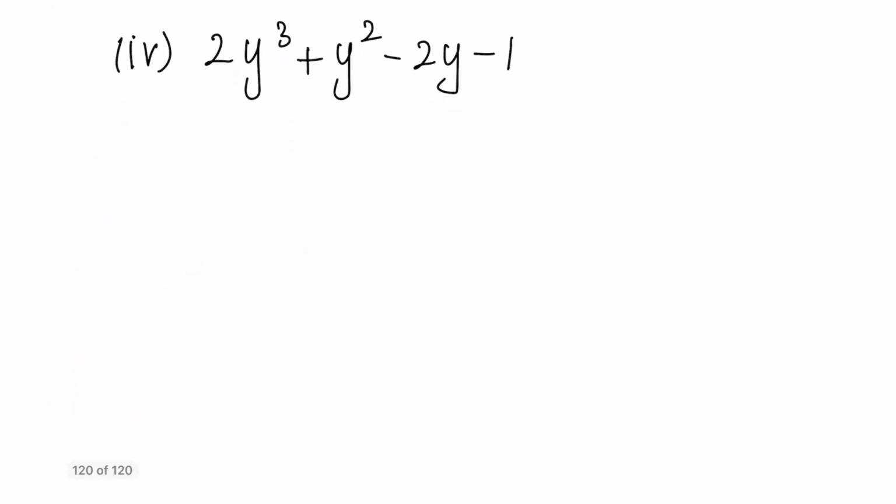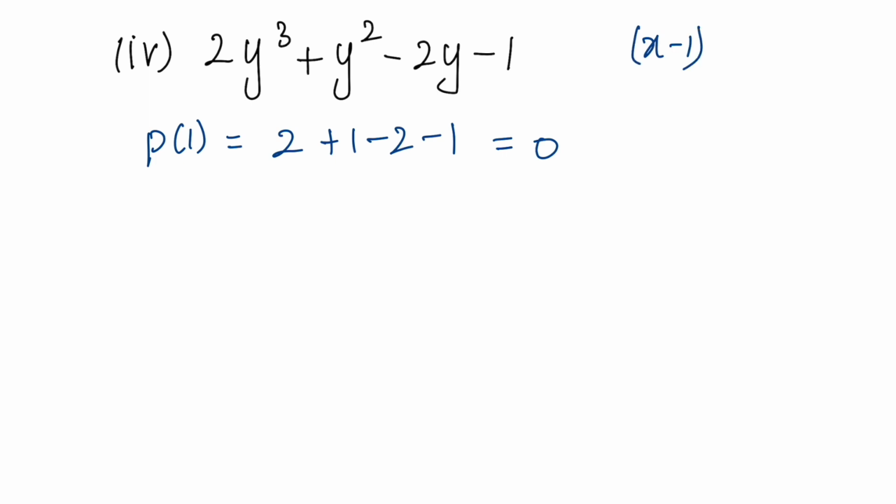Here we have y instead of x, so it's basically the same, nothing different here, just a different variable. Okay, let us check for p of 1. So that is 1 cube, that is 1, plus 1 minus 2 minus 1, that equals 0. So 1 is a zero of this polynomial, so you can say that x minus 1 is a factor